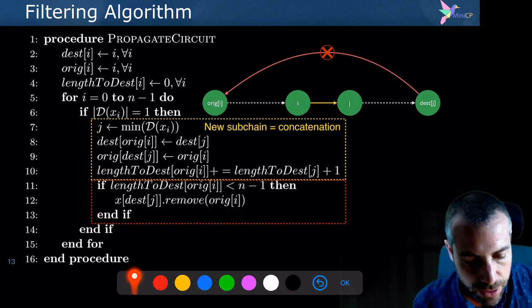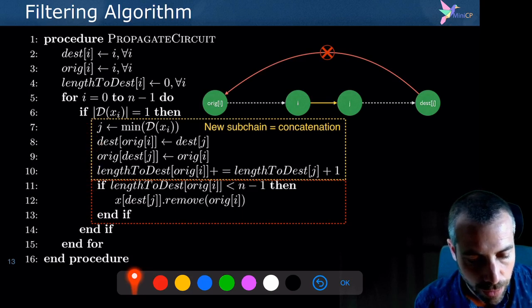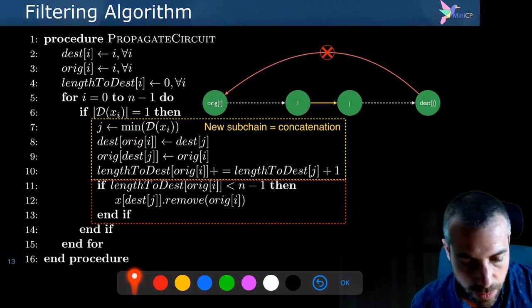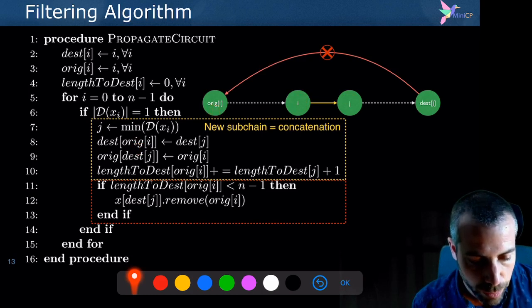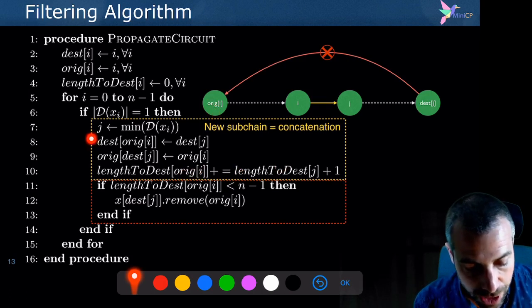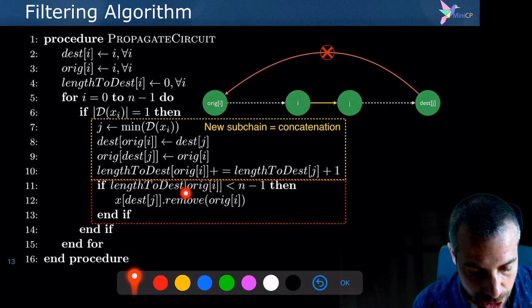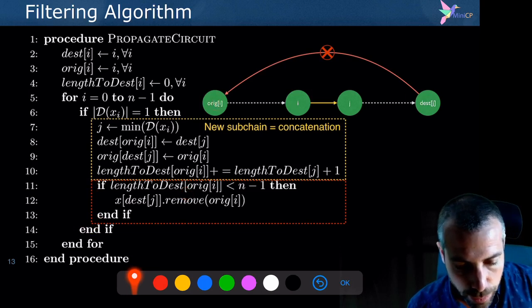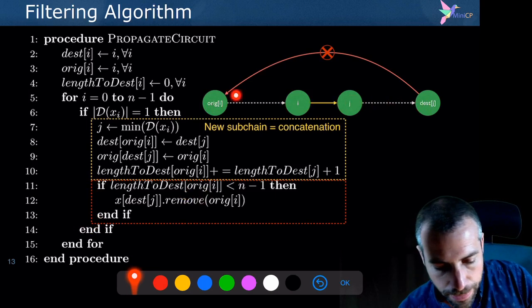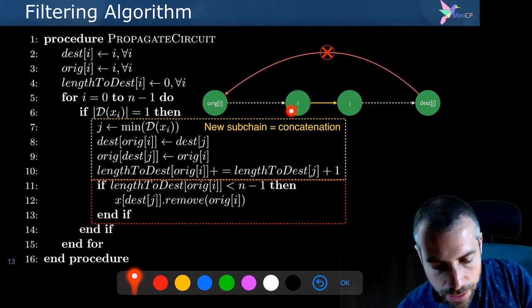We update the destination, the origin, and the length of the origin of i, assuming that this is the edge ij that has been added. So if the edge ij has been added, we will update the origin of i, we will update the destination of the origin of i, and we will also update the length to the destination of the origin of i. And we will do this check. If you realize that the length of this new subchain that we obtained by concatenating the first one and the new one, so we have a concatenation of two subchains,